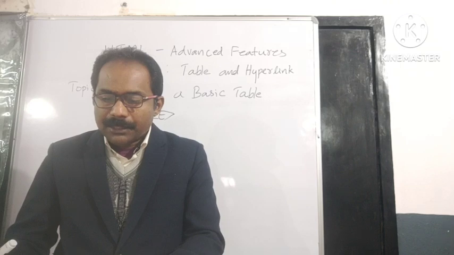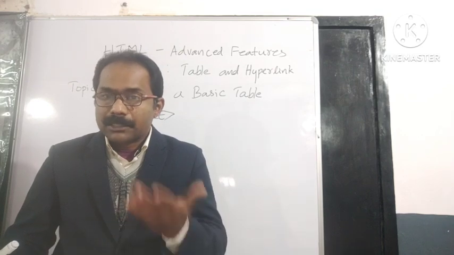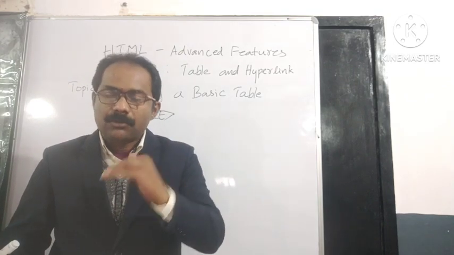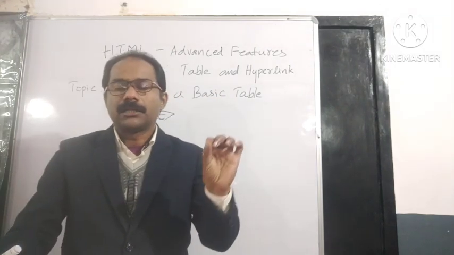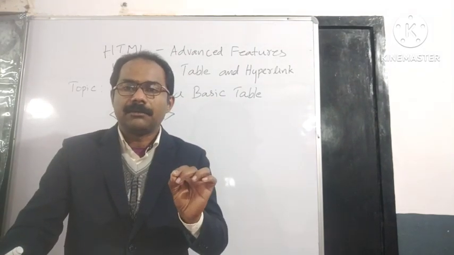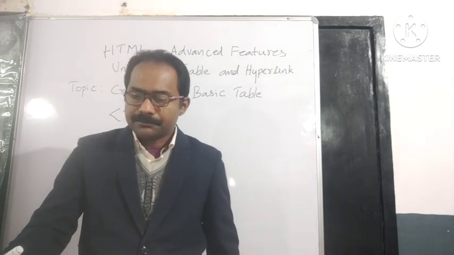After completing the cells of a row, you can close the row with the ending row tag. Repeat the above process to create the other rows. It is for the first row. Then for the further rows also we have to use the same method. Create the row, and in the row we have to create the cell with the help of the td tag.